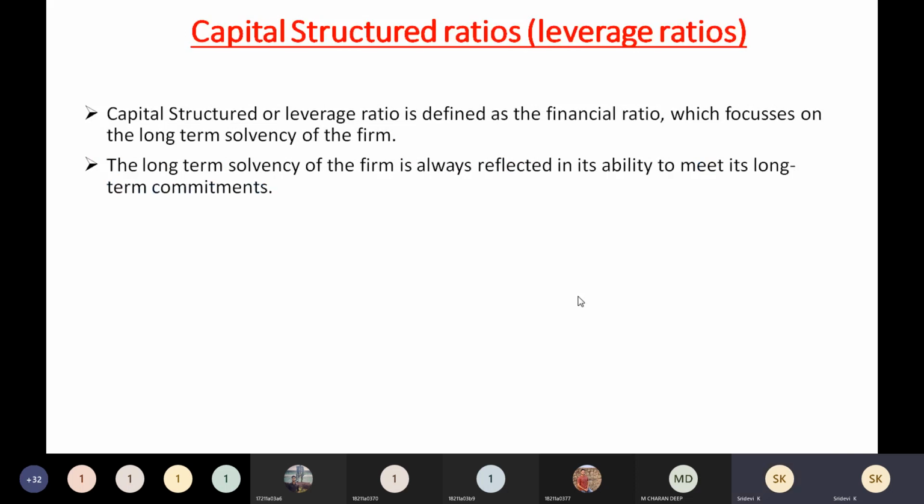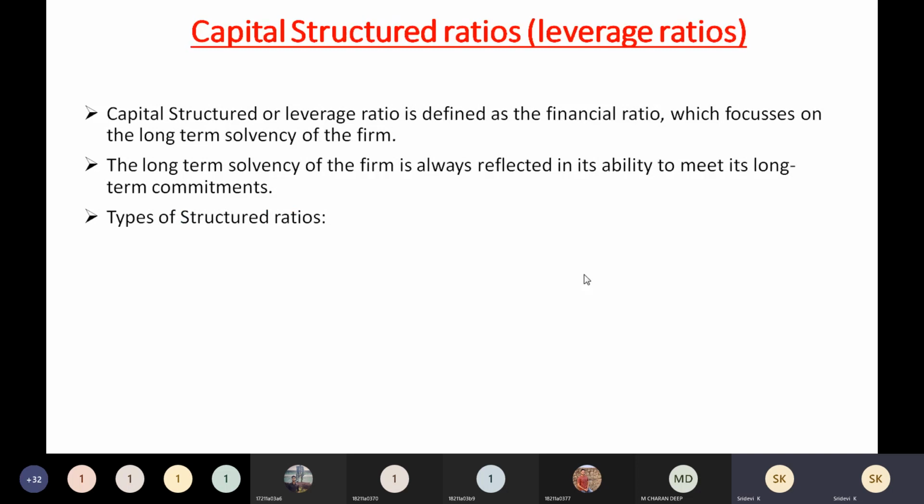Why we need to identify this is whether in the long term the company is able to pay back the loans or not, and if it is able to pay back, what is the position. Not only the company, even the bankers will also calculate based on the company's final reports. Balance sheet and all will be there, no? All those are called final reports, so that they can lend the amount to the company.